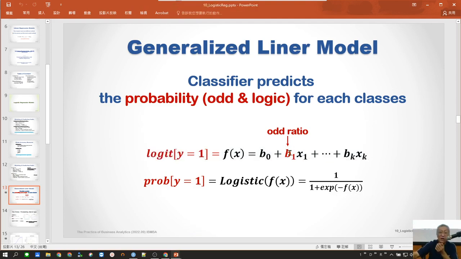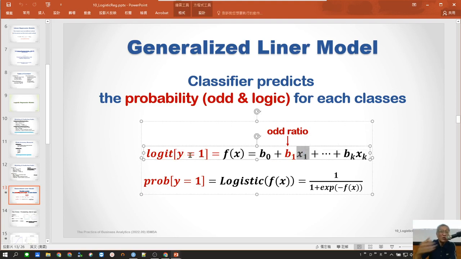So the coefficient that we get in the logistic regression, you can say that it's the marginal effect of x to the logit of y equal to 1. You can still say that, right? But it's not the marginal effect to the probability of y equal to 1. It's the marginal effect on the logit of y equal to 1. Right? That's why we need to introduce logit, right? In logistic regression,